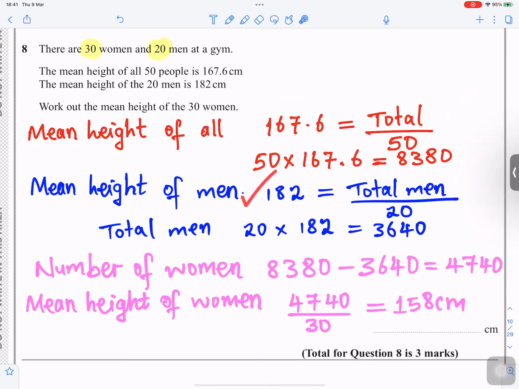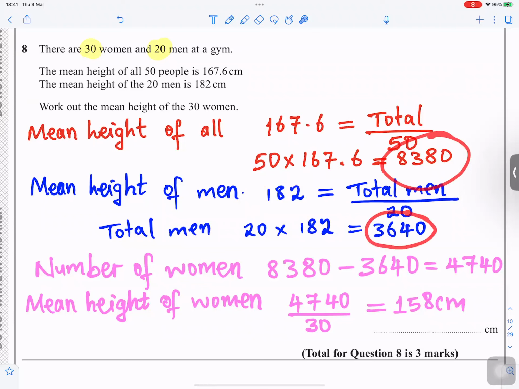The mean height of men is 182. So 182 is equal to the total for men divided by 20. So 20 times 182 gives you 3,640. So the total for the women would be the total